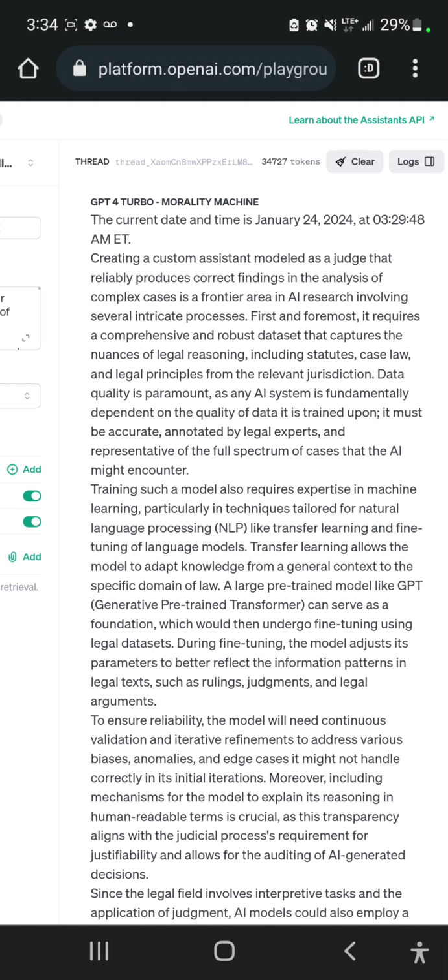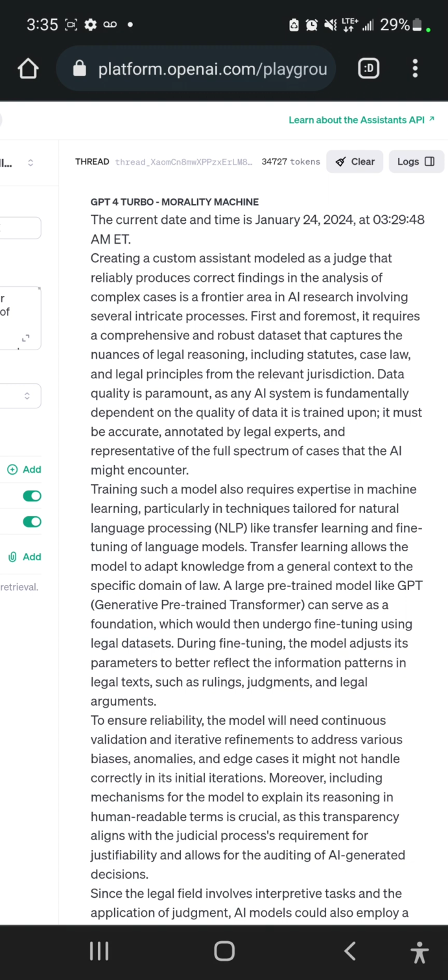Creating a custom assistant modeled as a judge that reliably produces correct findings in the analysis of complex cases is a frontier area in AI research involving several intricate processes. First and foremost, it requires a comprehensive and robust dataset that captures the nuances of legal reasoning, including statutes, case law, and legal principles from the relevant jurisdiction. Data quality is paramount, as any AI system is fundamentally dependent on the quality of data it is trained upon. It must be accurate, annotated by legal experts, and representative of the full spectrum of cases that the AI might